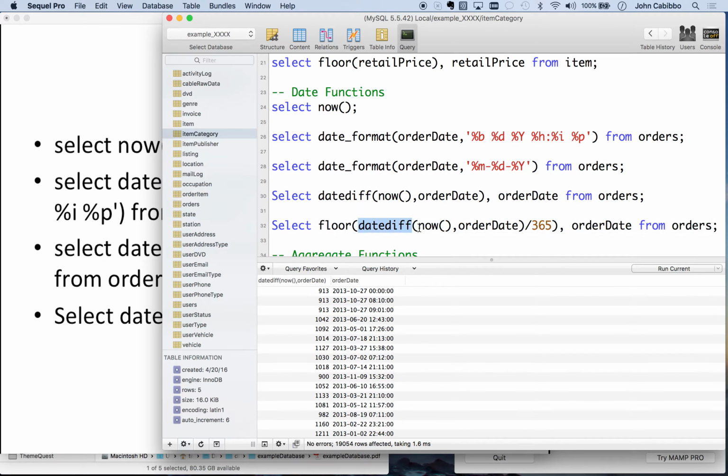So here I'm going to give the date diff between now and the order date. And although that gives us the days, that's really not that helpful. No one ever says, oh, I'm 913 days old. So what I'll do is divide it by 365, and you can do math equations inside of your select, which will bring it to years. But then we're going to go ahead and just drop the decimal place and apply a floor to it. So now if I run it,